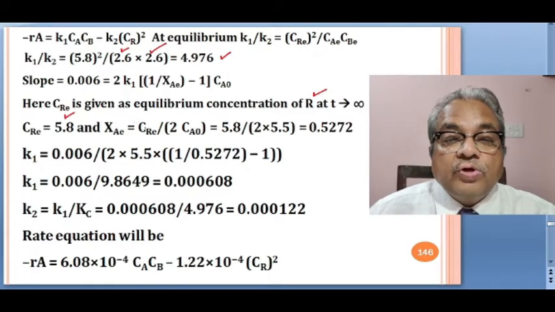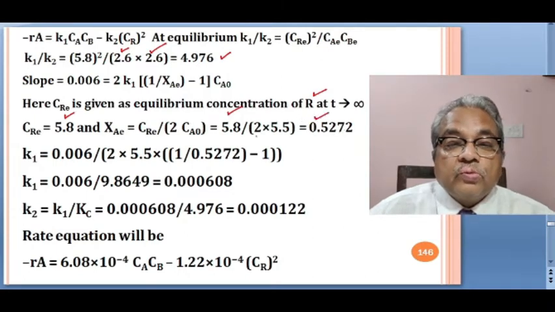We know that Cr is 2 Ca0 Xae. So what is Cr at equilibrium? Xae is 0.5272, and 2 Ca0 is 5.5. So if you calculate this, it comes out to be 0.5272. Okay, so K1 we can find out here: 0.006 divided by this complete term in the denominator,